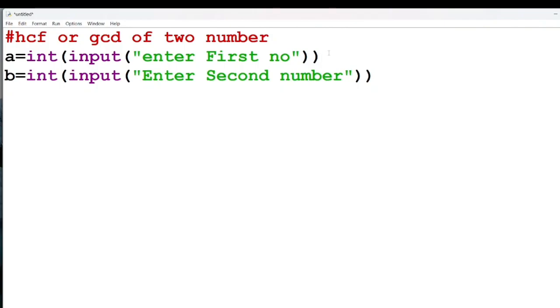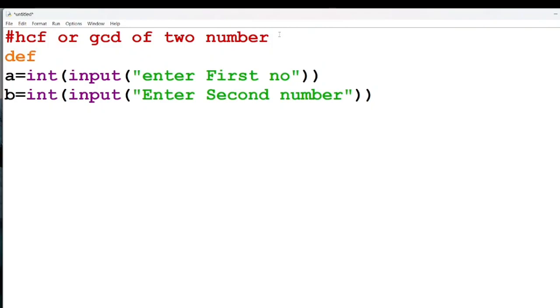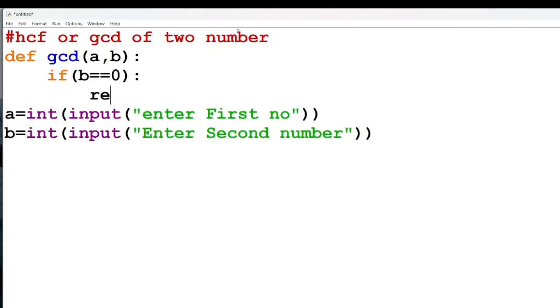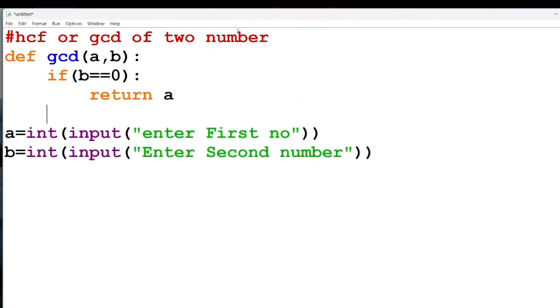Now, before taking the calls, we need to define the definition. Def, you can write any name, GCF, HCF or GCD. Suppose the name of the method is GCD and parameters are a comma b. These are the two parameters. Now we have to check the exit criteria: b equal to 0, then return a. Return is the exit criteria. Every recursion must have an exit criteria. Else